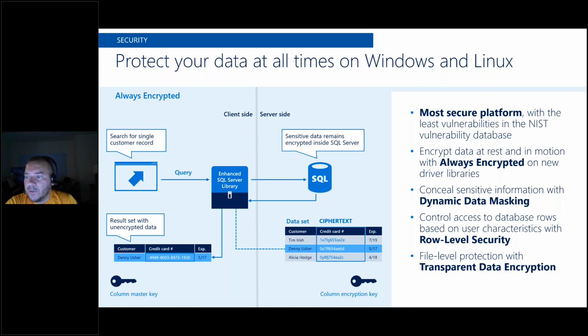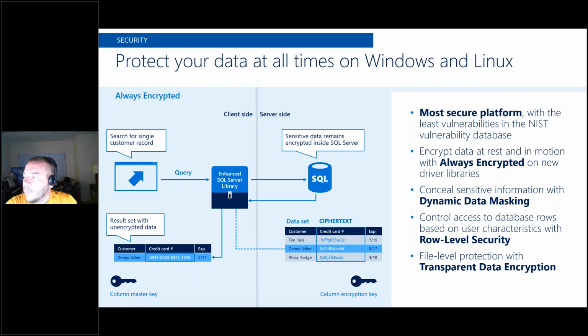Always Encrypted is something that is very unique to Microsoft and SQL Server, which allows you to protect data at rest, when it's moving from the disk to server memory, and when it's moving over the network to the client side. The cool thing about Always Encrypted is that it allows you to query encrypted data without unencrypting it first. And this is something that you probably want to implement.